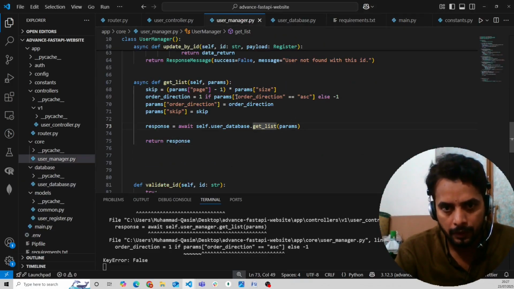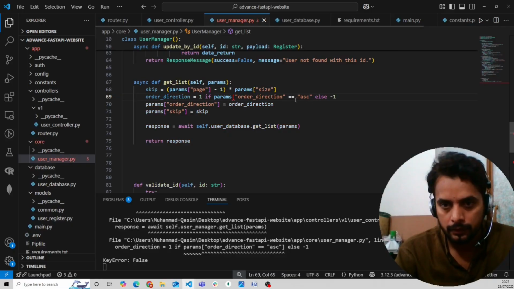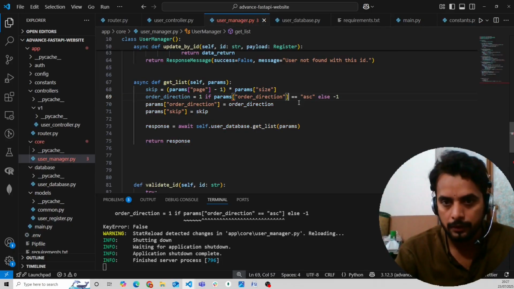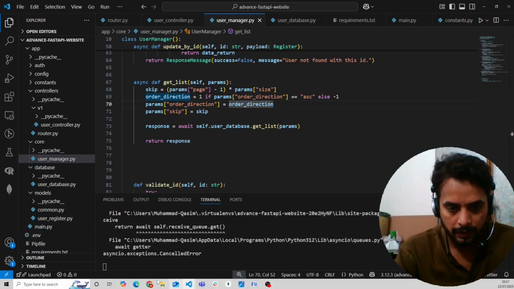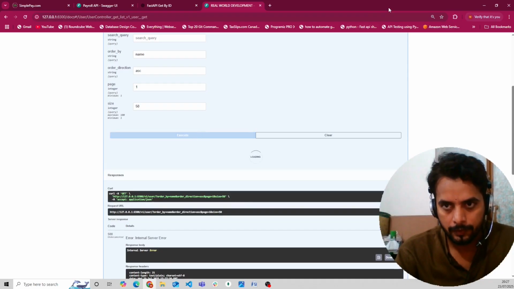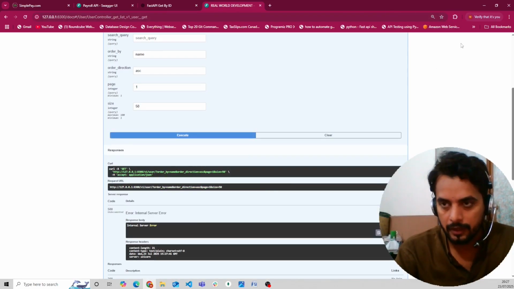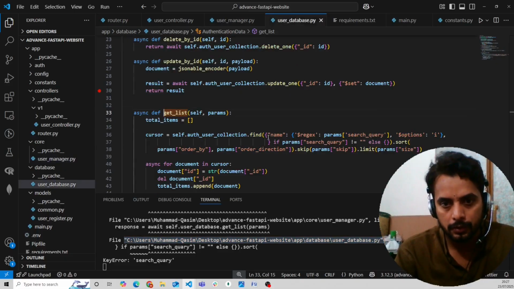Here in order direction, oh sorry, we have written something out of place. Now we will run it again. It's again giving us an internal server error. Now in the database file, user database, search query, let's go towards database,